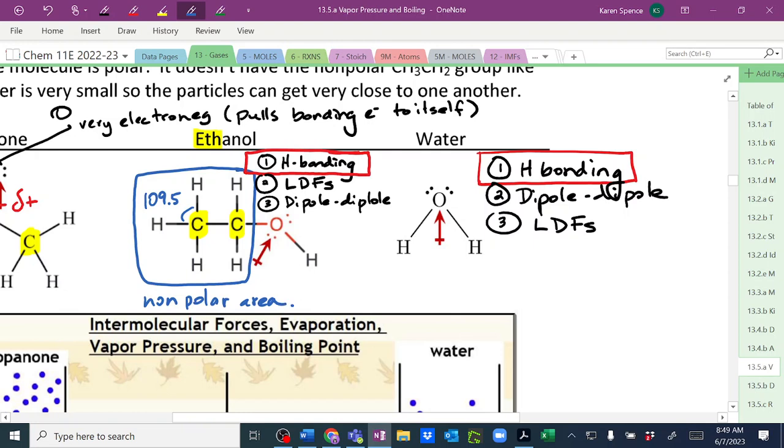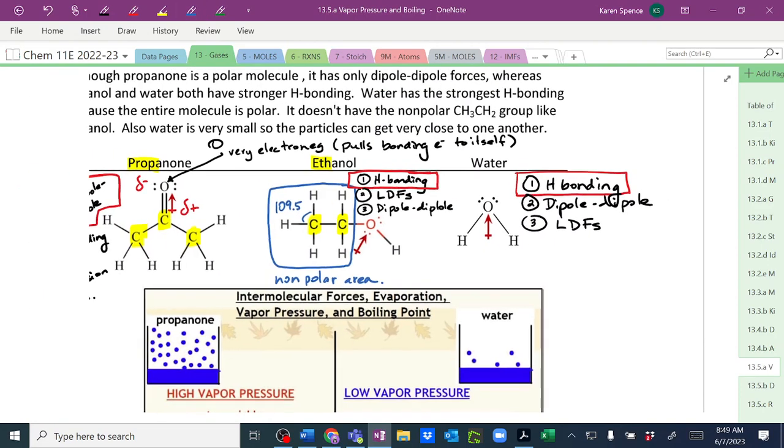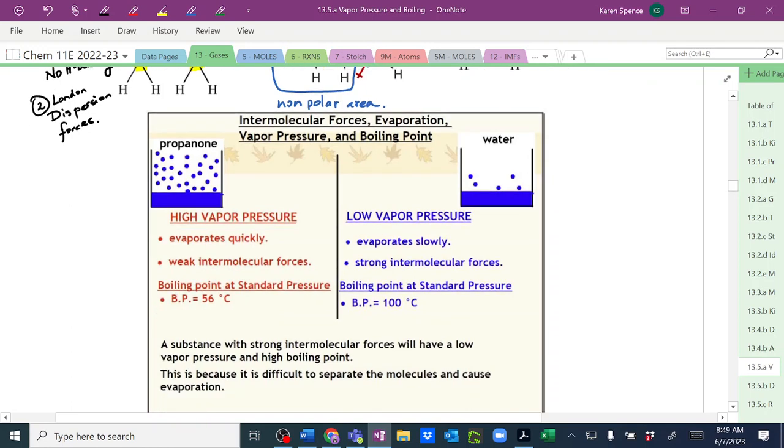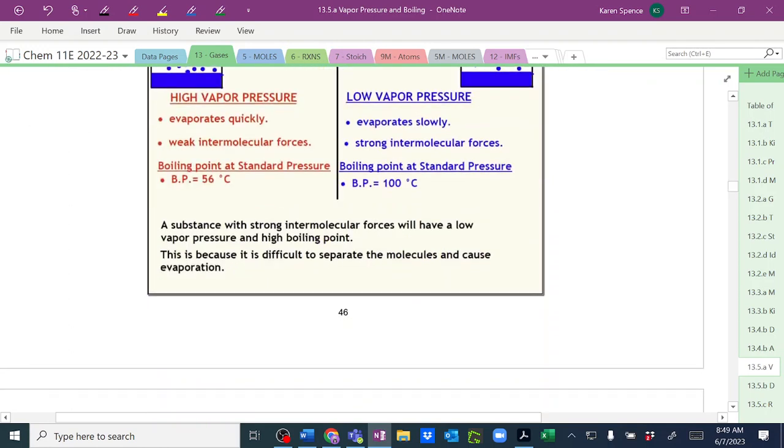So yeah, the ethanol has an area which only has London dispersion forces, whereas water is all H bonding all the time. It's a tiny little molecule, so it can get very close to itself. And so water will have the strongest intermolecular forces. So where could we write that little thing here? We could write it down at the bottom. So in terms of IMFs, intermolecular forces,